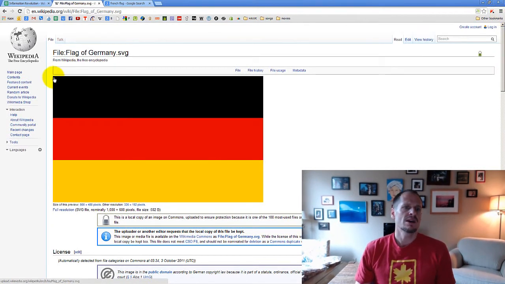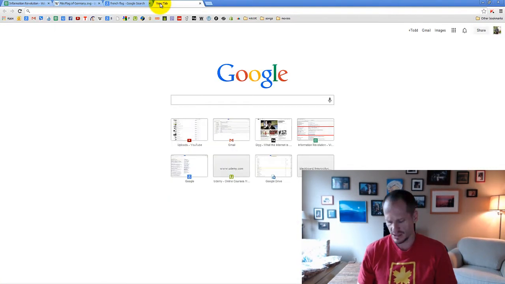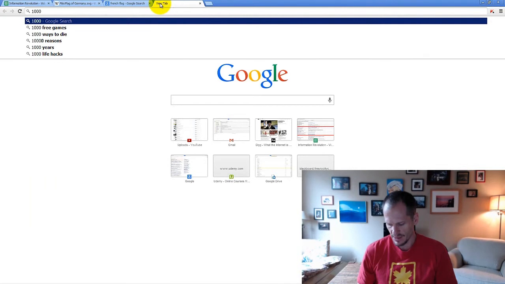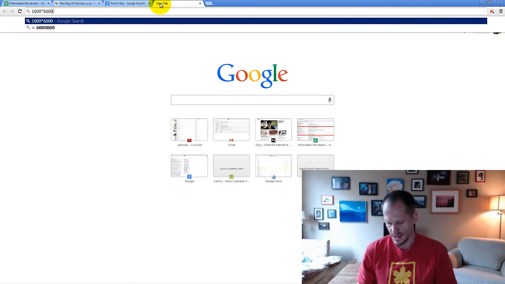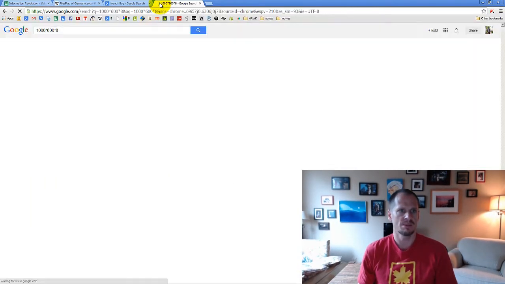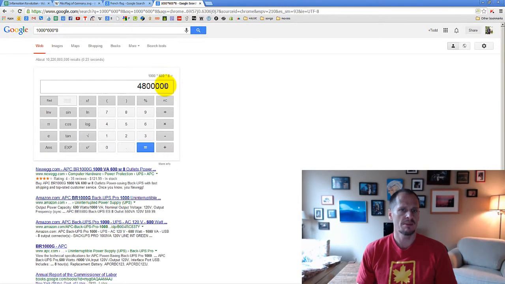And so for each square of color, we would need to maintain that information, right? Like what color goes in this square, what color goes in the next square, and the next square, and then we do that all the way across this image. If we were to use 8 bits per square, and this image at full resolution is 1000 by 600 pixels. So if we had an image that was 1000 pixels wide by 600 pixels, and we used 8 bits for each pixel, each picture element, that means we are storing